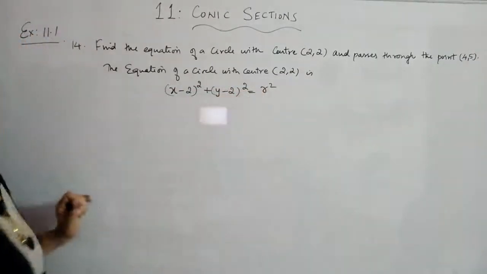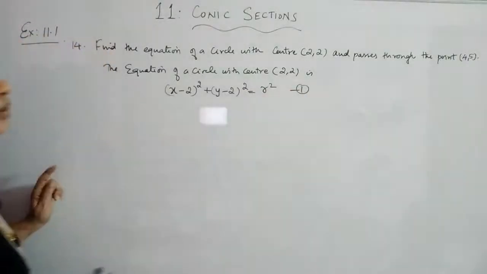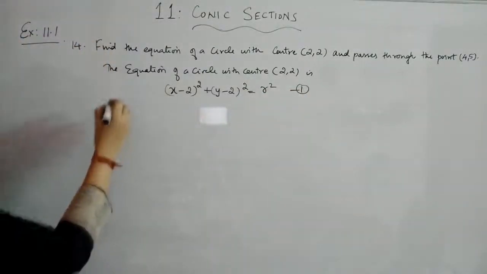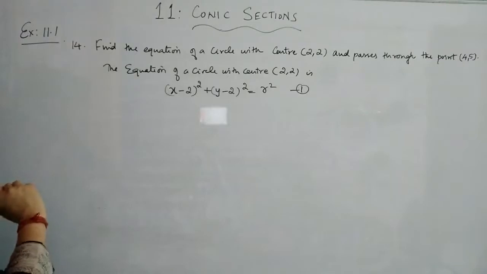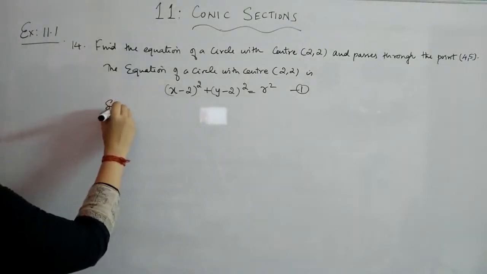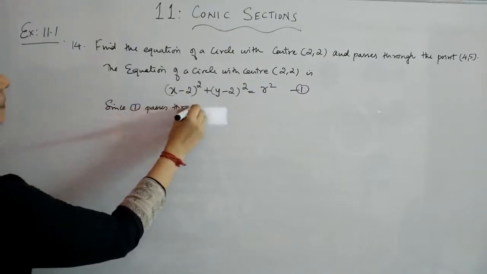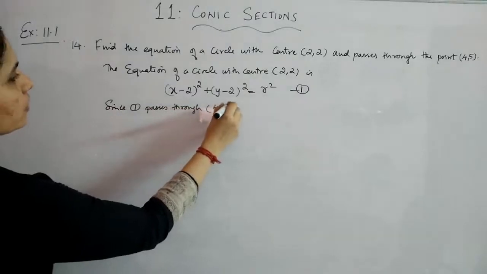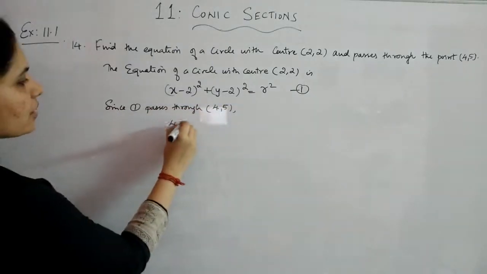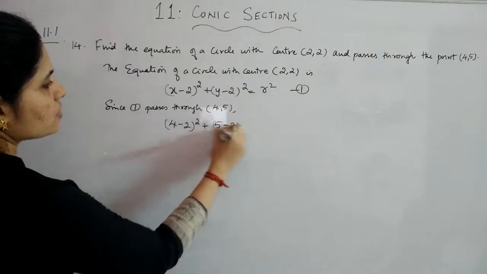Now our unknown is r square, we need the value of r. Okay, that should be equation number 1. Now what they are saying, it passes through (4, 5). That means (4, 5) will satisfy the equation. Okay, since equation 1 passes through the point (4, 5), we have (4 minus 2) the whole square plus (5 minus 2) the whole square equal